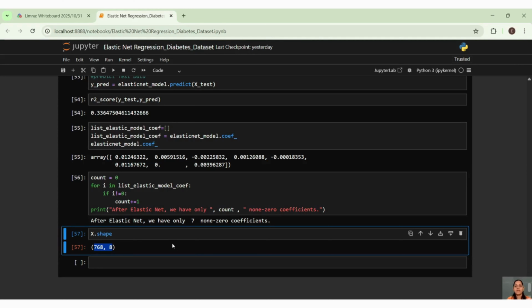And all those formulas and how they are derived, I have already explained in my elastic net video, where I explained the concepts. Just go through that and understand these things, because these are advanced techniques which are used in advanced level applications, correct? So just go through them, practice, and we'll meet in our next video.